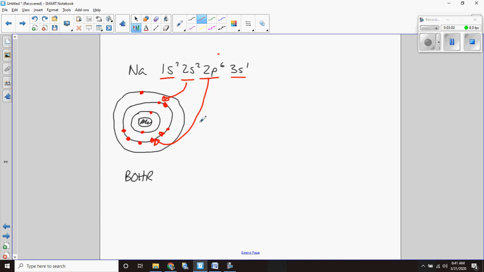Okay, so let me get rid of my arrows, and we're going to look at what happens when sodium becomes an ion. During the break, I erased all the lines up here, and I redrew the Bohr model of the atom the traditional way. We know that sodium, based on its position in the periodic table, is right beneath lithium, which is beneath hydrogen. So sodium is in group 1